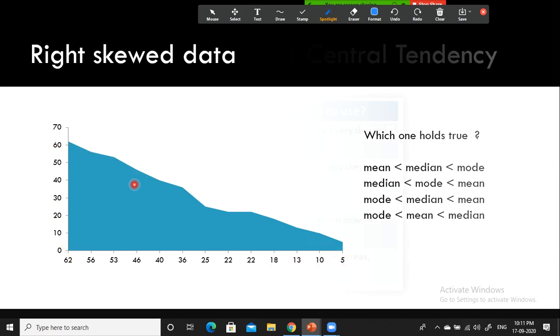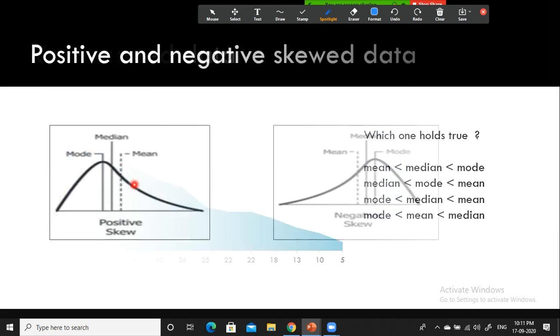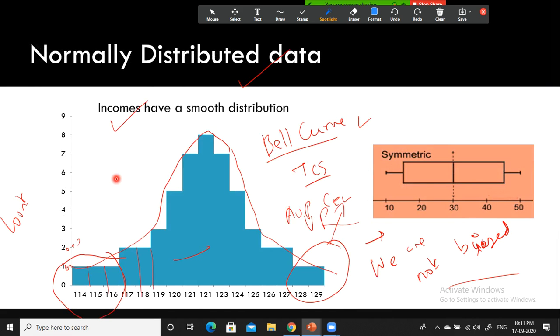But when it comes to the histogram of normally distributed data, the mean, median and mode are all in the middle. Remember, mean is equivalent to median is equivalent to mode. All these three values are there in the middle. Don't think it is just theory. You just put some data in an Excel sheet and plot it for the histogram. I'll have an Excel sheet, probably I'll share it, with all the data.